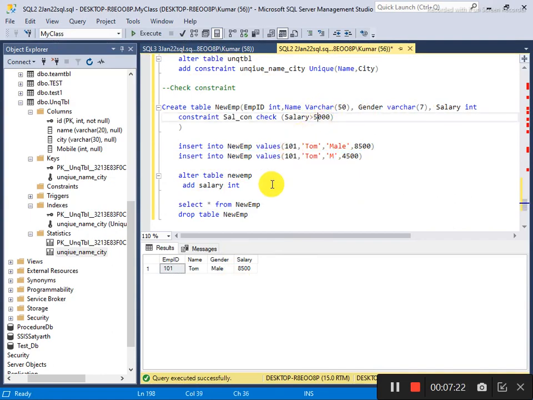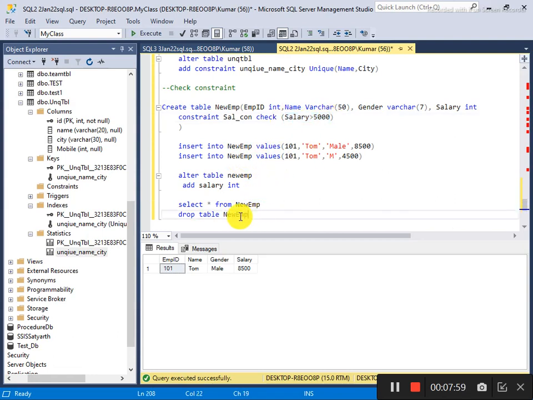So this way you can add a check constraint, and the check constraint is the same thing as what you did earlier with alter, adding a constraint later after the table creation. So using the alter command, add constraint, name of the constraint and the condition, then you can add. Okay, so another thing is that you can make the check constraint disabled or enabled. You can also say for the salary as between,